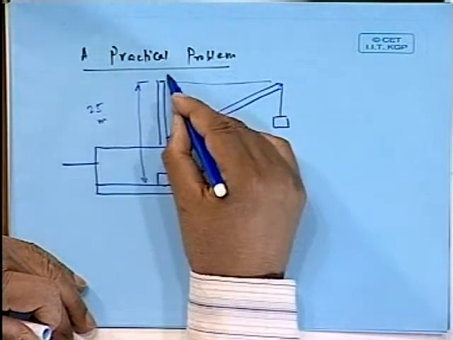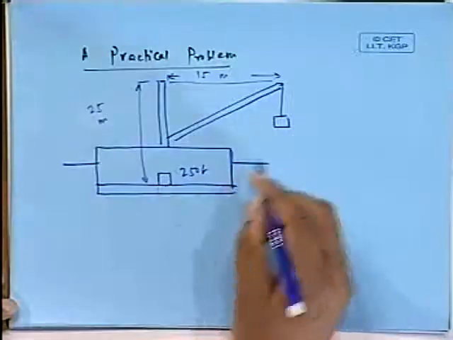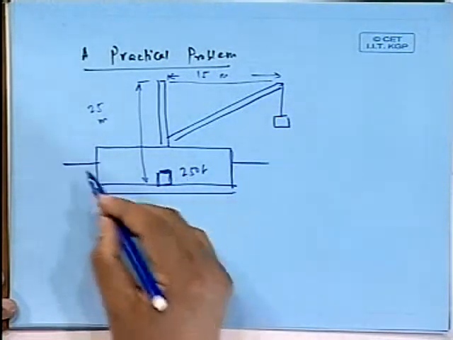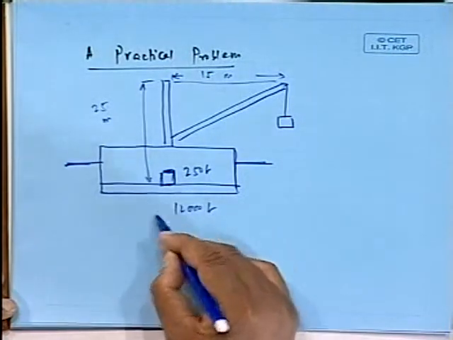I wanted to do this just for the sake of showing you something practical. The reason of my mentioning this, I'll tell you, is to give you a thinking about all the knowledge that we have gained, and how you can sometimes solve a very practical problem. This is a pontoon. There is a 250-ton weight, and this particular vessel's displacement is known as so many tons.